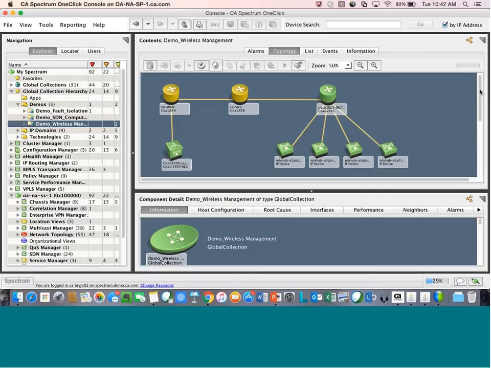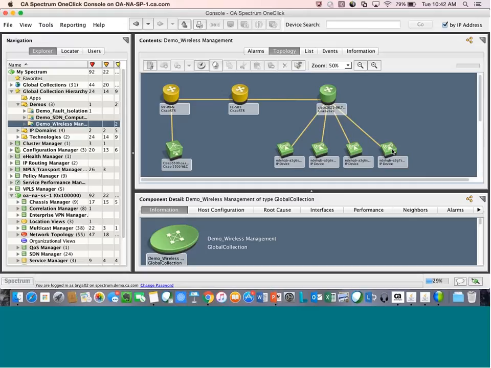So you'd run into a situation similar to this, where I have my wireless LAN controller here, where it makes its actual connection, and then each of the APs that are automatically discovered connect up into their upstream switch as well, so that I get that layer 2 connectivity. Obviously, the power of that is to be able to understand the relationship and to suppress downstream events. So if I were to lose this device here, I wouldn't necessarily alarm on each one of these APs being down, because Spectrum's intelligent enough to know that that's symptomatic of a root cause.